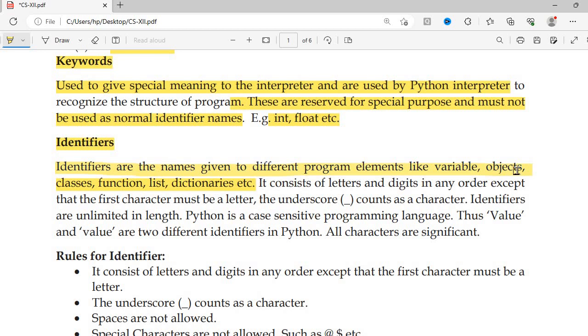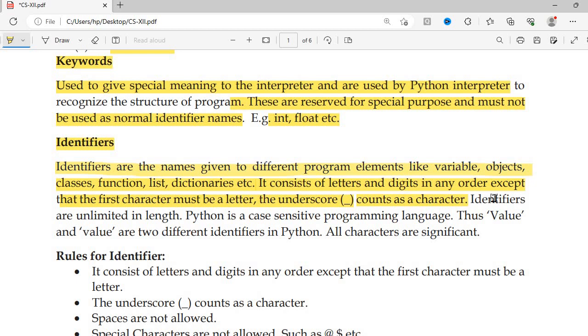We name a variable, objects, class name, function name, list name, dictionary name. All these names are identifiers. It consists of letters and digits in any order except that the first character must be a letter. The underscore